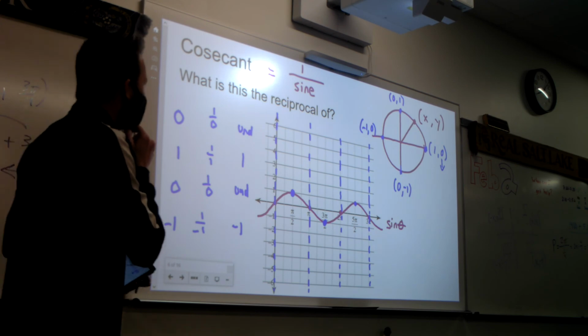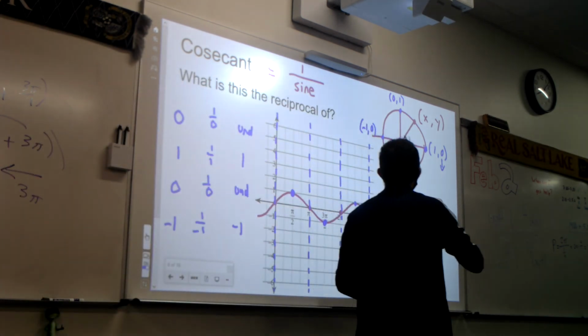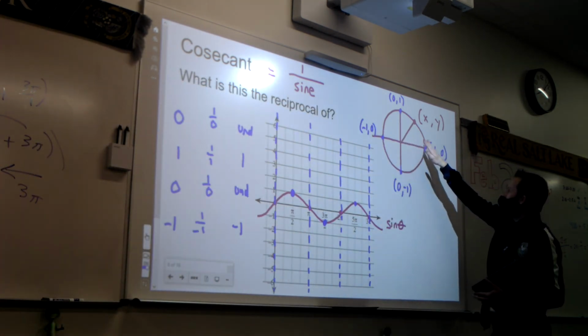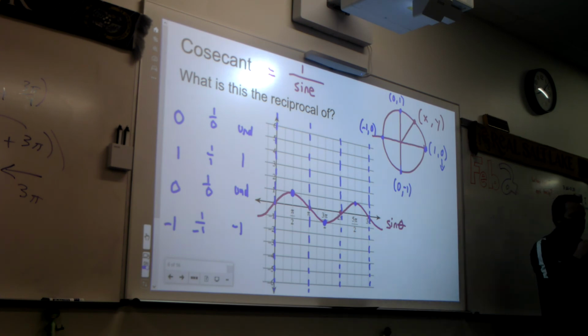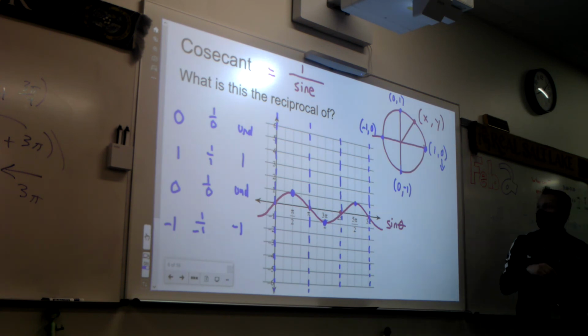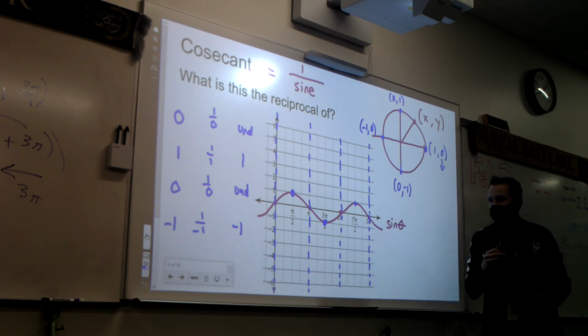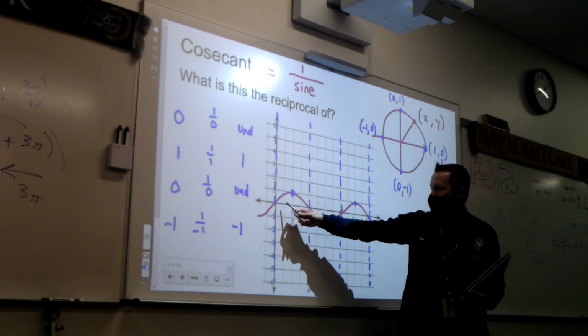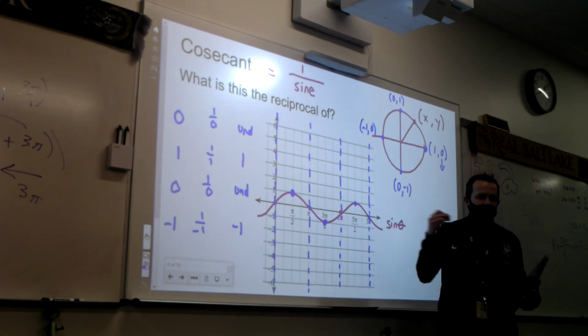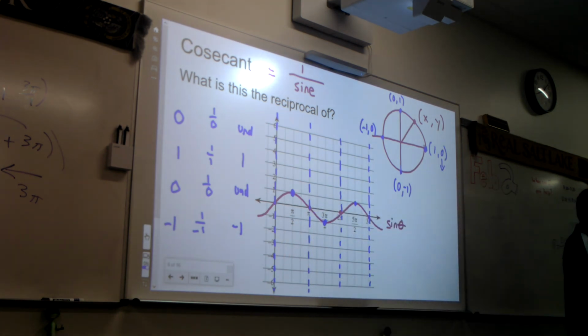So for example, what was the height? You guys said that at some point in here, it was at 1/2, right? What angle was it at 1/2? Say it louder. At 30 degrees, the sine was 1/2. So then, what's the reciprocal of 1/2? And also, it wasn't only at 30 degrees, it was also at 150 degrees, right? You see 1/2 there? So what I'm going to do is put a point here at 2,